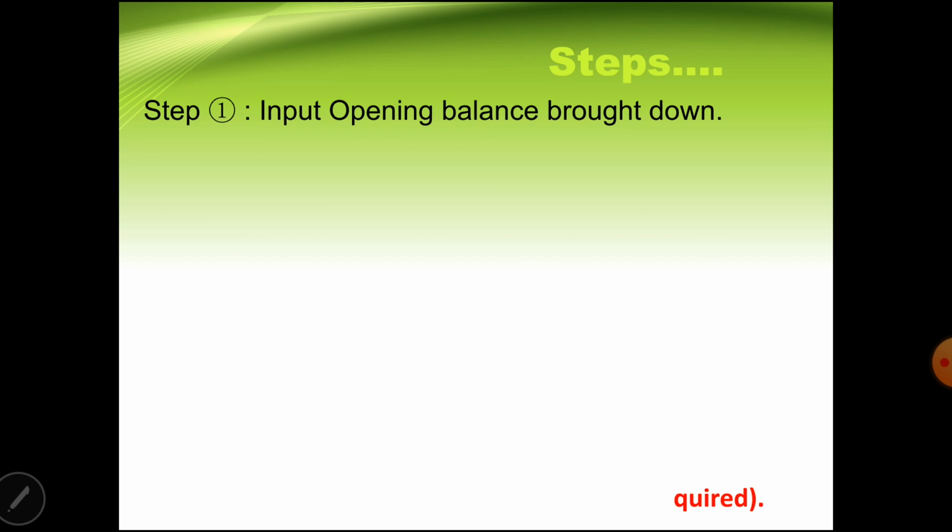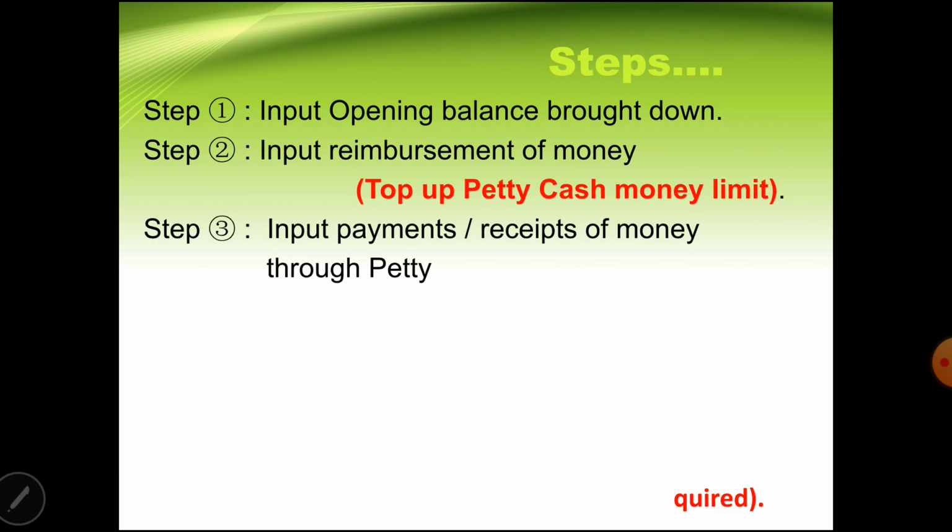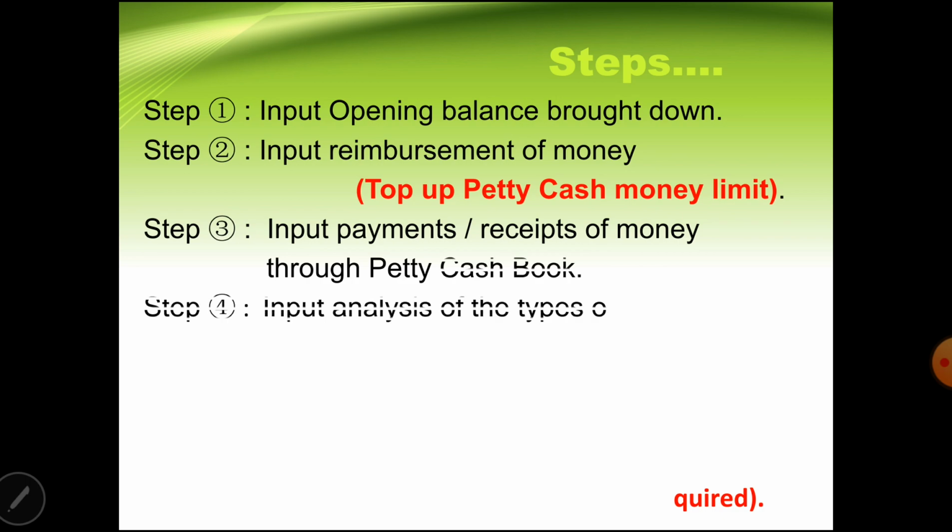Okay, let's look at the steps first. The first thing, you input the opening balance, the balance BD, if there is any. If there is none, then you start off with the bank, reimbursement of the money from the bank. OK, 我们的钱是哪里来的？我们的钱是我们 bank 那边拿出来的啦，所以你要放进去你的 petty cash box 那边。Top up money, that is the second step. The third step, 第三个步骤就是开始进账啦，就是你还了什么，你收了什么，全部要进账。OK, 进 petty